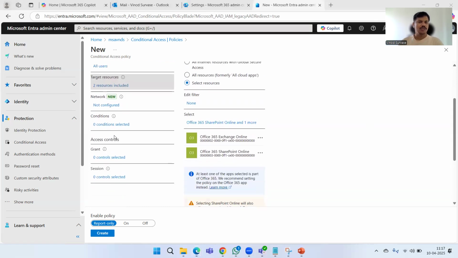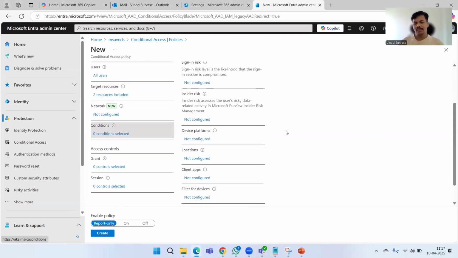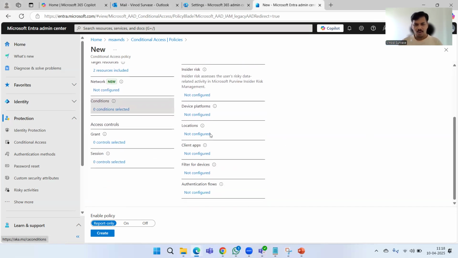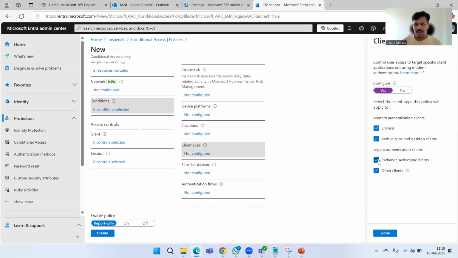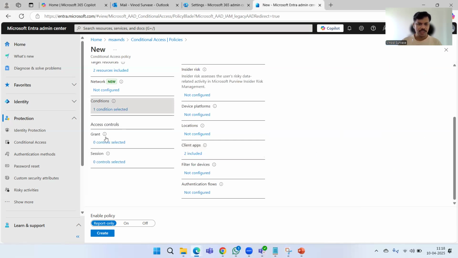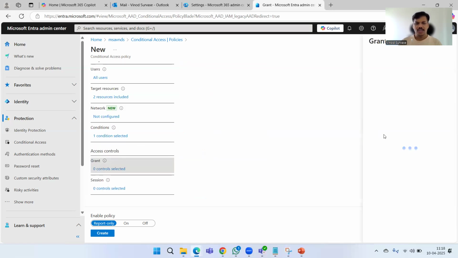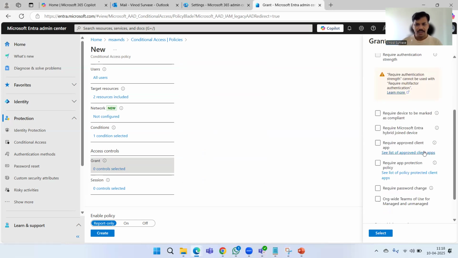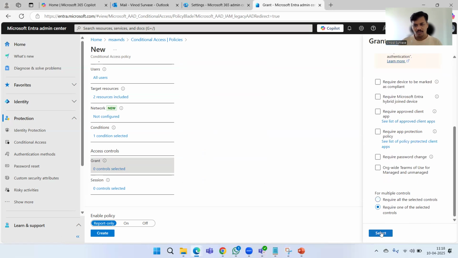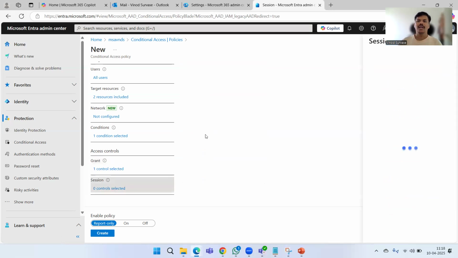For the network, we are not going to add anything. And on the conditions, definitely we can add device platform, locations, or client apps. It is always good practice to choose modern authentication clients only. And we can enforce any of those, either mobile apps, including desktop clients, and then browser clients as well. And then on the grants, here we can enforce MFA to get the access back. And then any option should be good there, right? And on the session side,